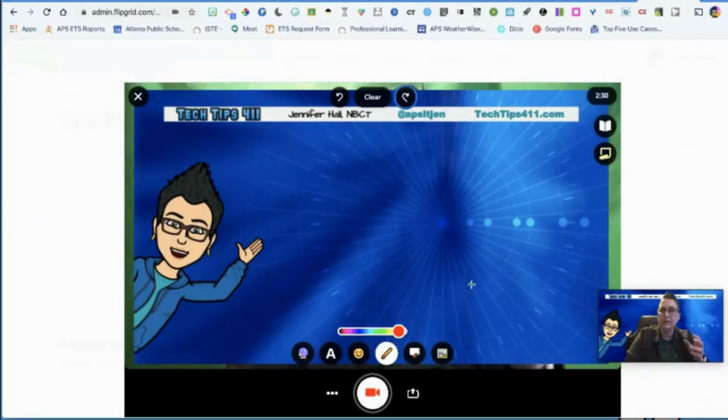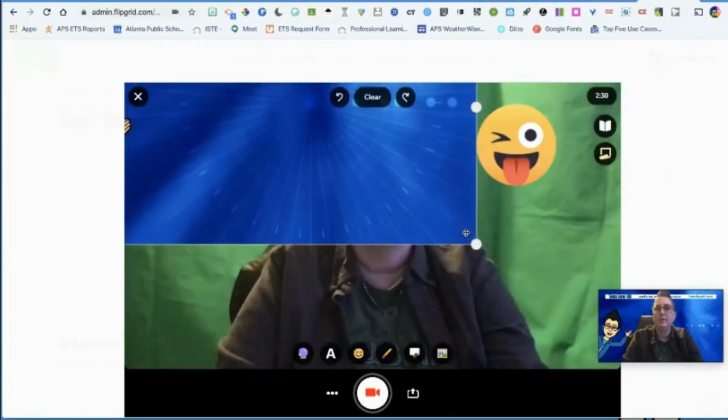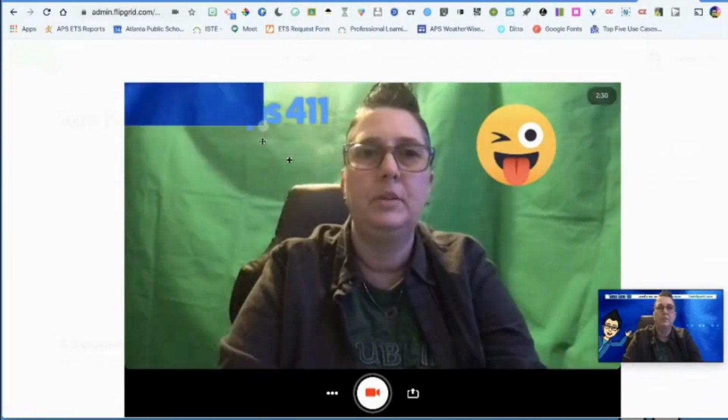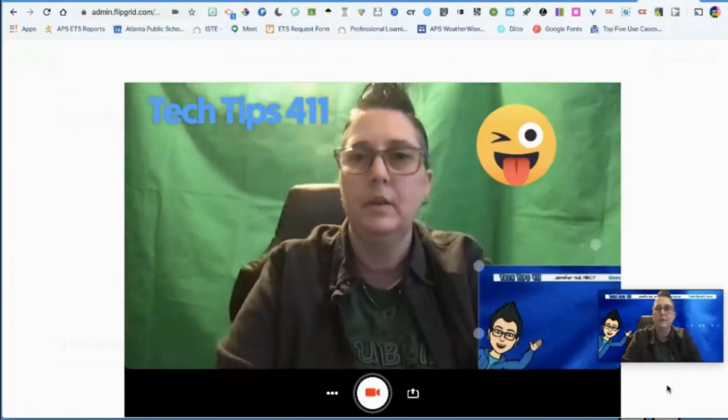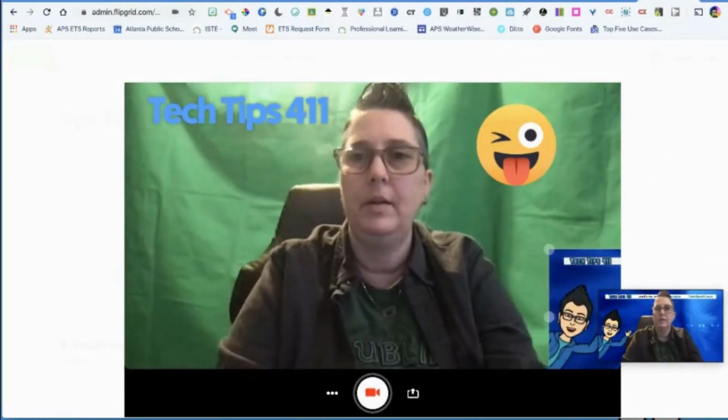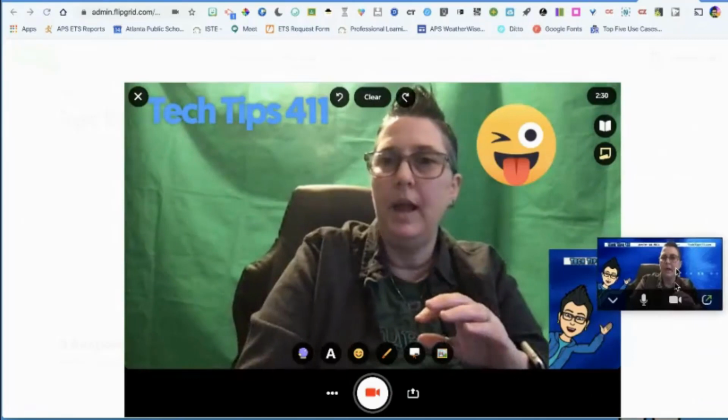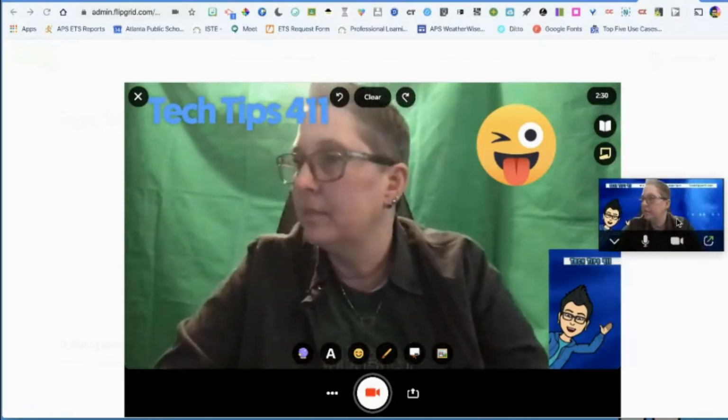and then I can hit record. So I've set all this up. I'm going to move this right here. All right, I want to make this a little bit smaller. So my little bitmojis, my Genmojis hanging out with me. I'm going to put her over there. Okay. So now I'm getting ready to record, and I see,